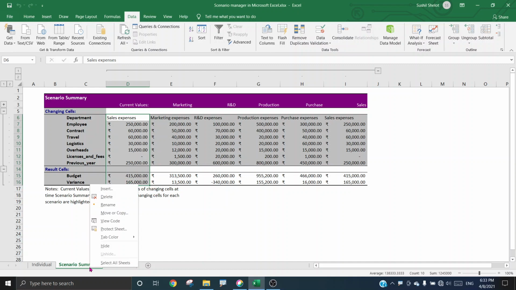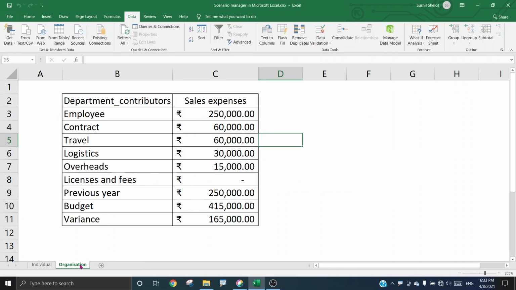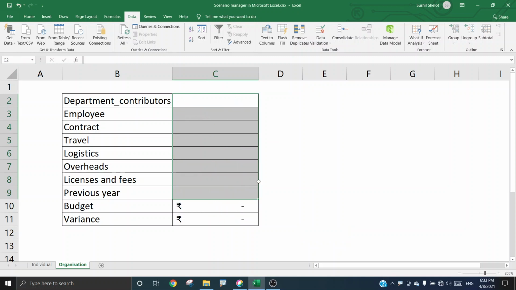Now friends, I gave you an example of the current values being like this. Now I'll give another example of what happens if we don't retain the current values there. So I go back to the organization sheet, I go to these cells and I choose to delete them. Well, the values which are typical to that scenario have been chosen, but in the background, whatever values were keyed in by the different departments continue to exist in the scenario manager.